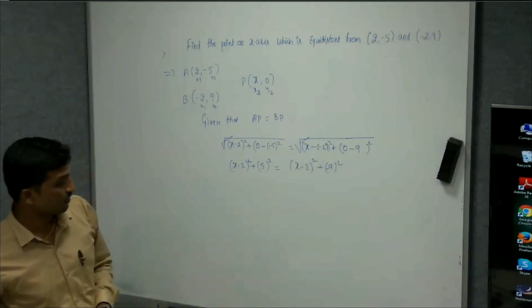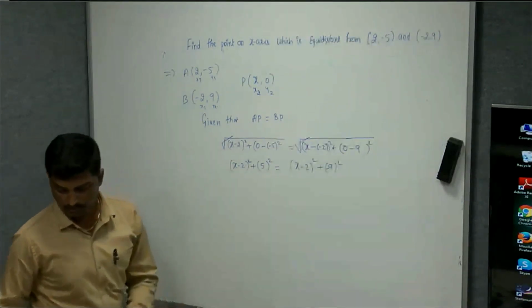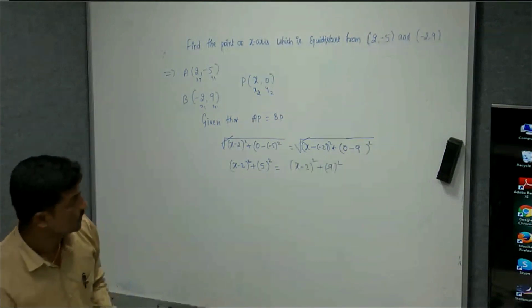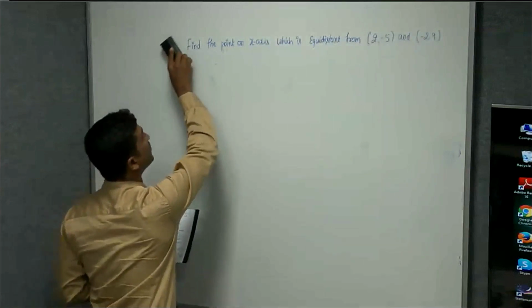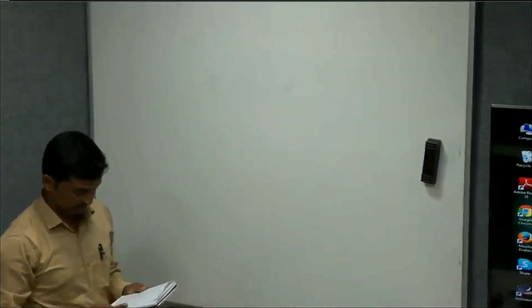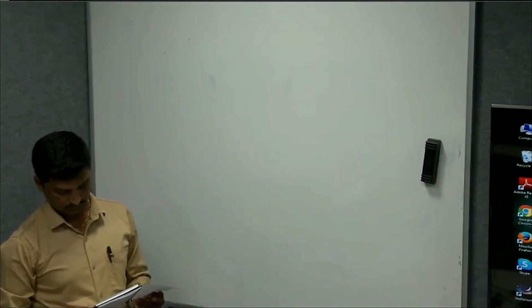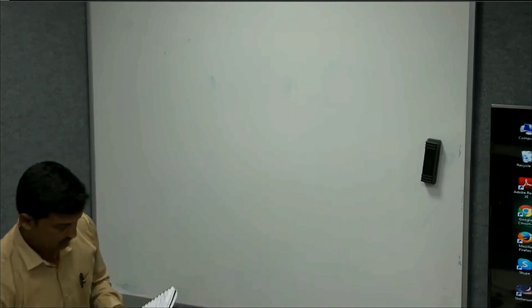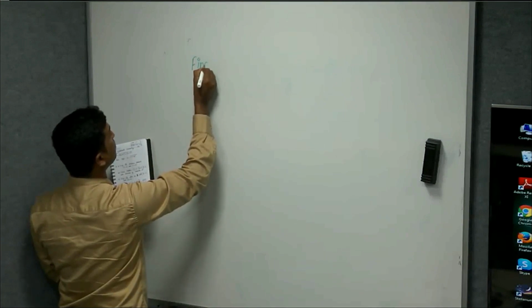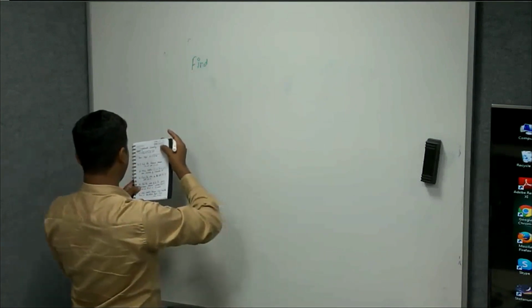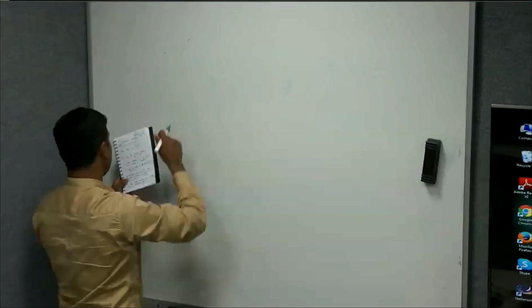Good, sir, no problem. I'll simplify this one later. Okay, I'll take one more problem. Sorry for the inconvenience. Just a minute, students. I'll take one more problem. That one is a little bit confusing, so I'll take another problem of the same kind. Sorry for that. Find the relation between these, or you can take that one also, no problem.